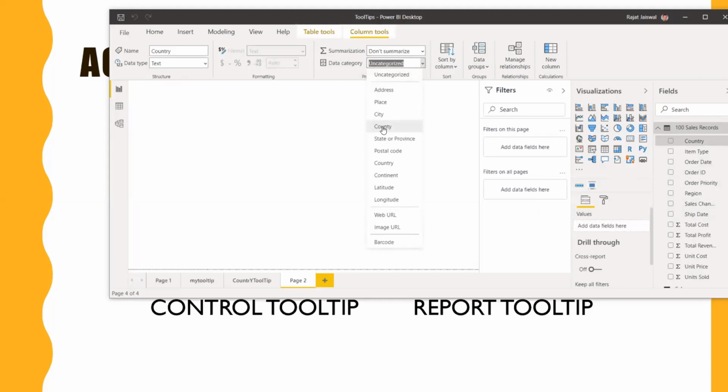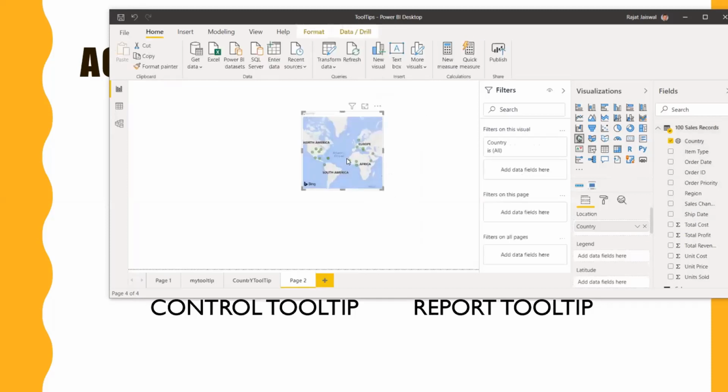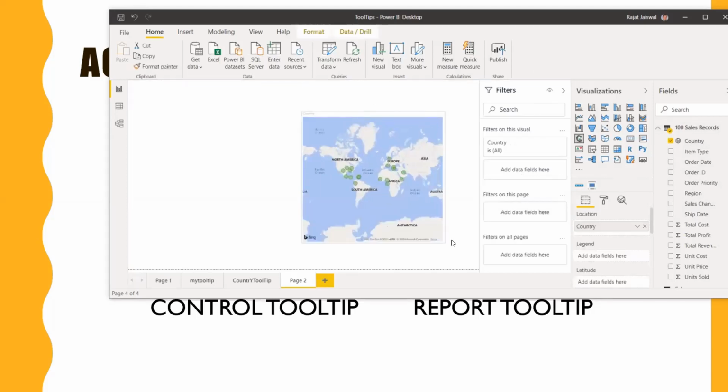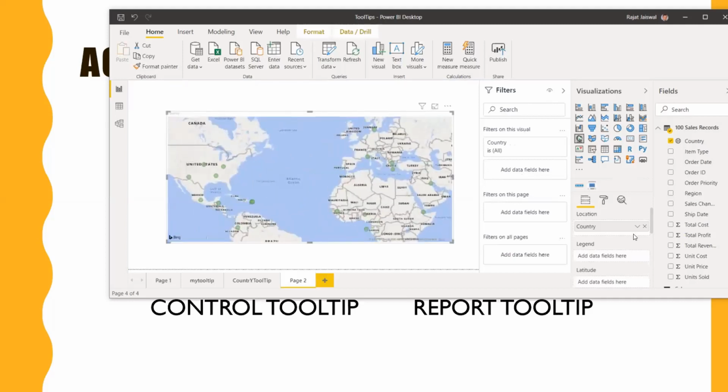Unless you select it, it will not be treated as a country, and Power BI will not automatically pick up the map. Once you are done with this, when you drag and drop it, you can see whatever countries are there, it automatically pulls those countries. Okay, so this is one other thing.